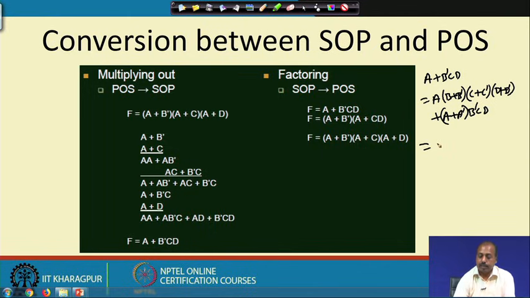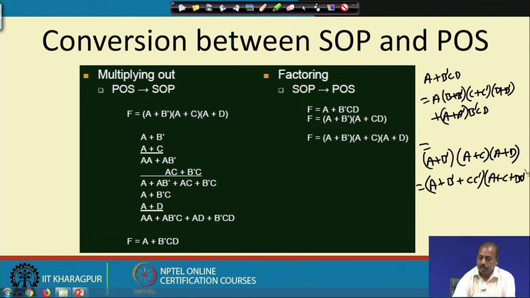And similarly, for the second expression, like say a plus b bar into a plus c into a plus d, you have to write it as a plus b bar plus c c bar into a plus c plus b b bar, plus a plus d plus b b bar.